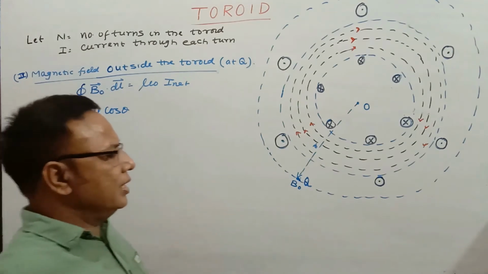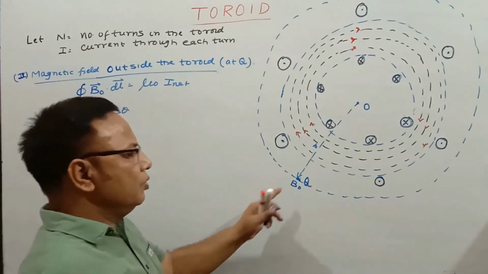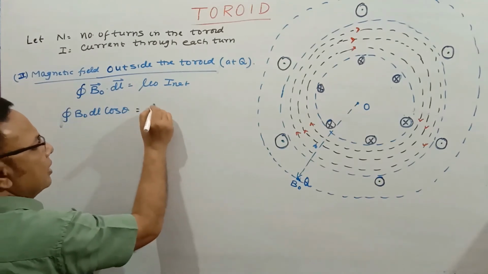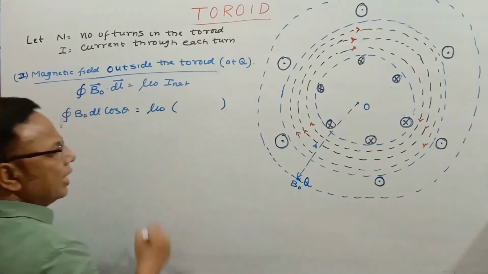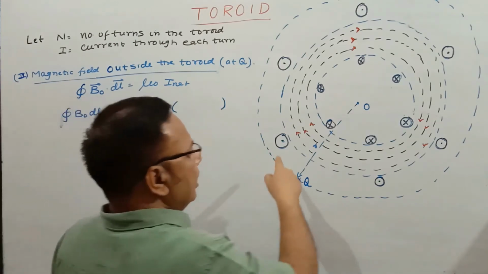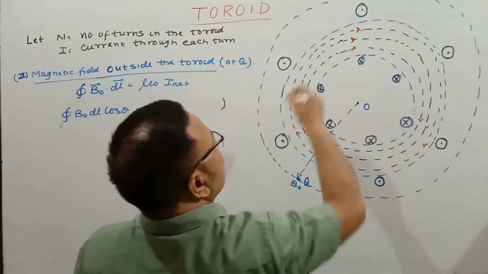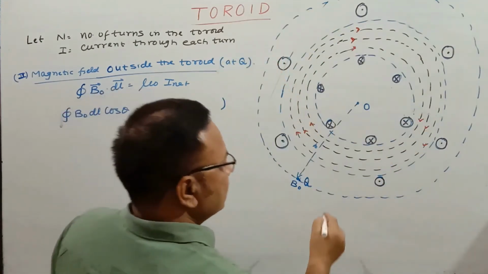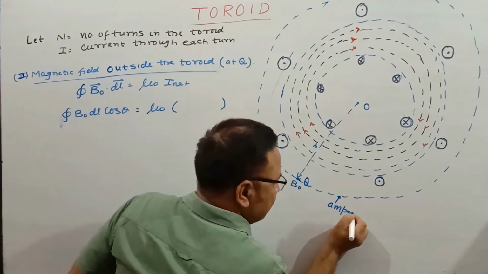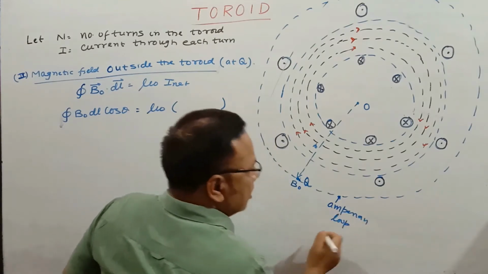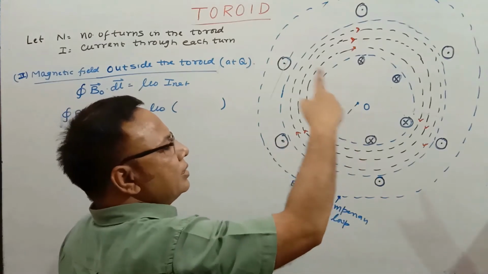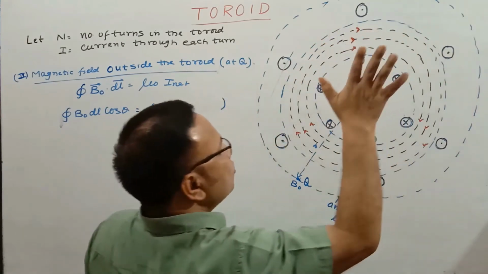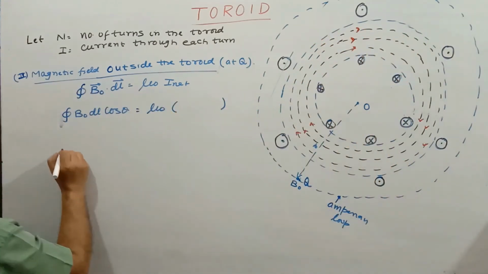Right now, first of all, we have to know the value of the magnetic field. That we do not know at this particular point, so let us see what it would be and place it accordingly. Here, this is mu naught I net. That I net should be checked once. What you see here is the number of turns which cross the area of this outer Amperian loop. This is the Amperian loop we have. If this toroid has n number of turns, then the same number of wires are coming out as well as going in.